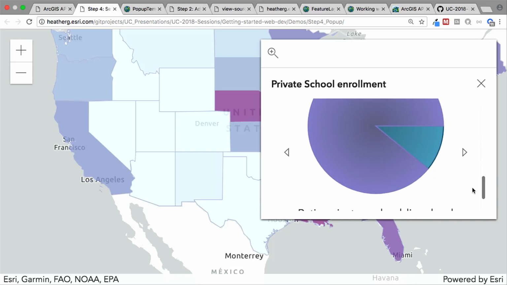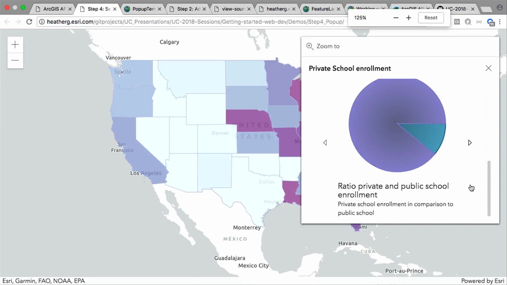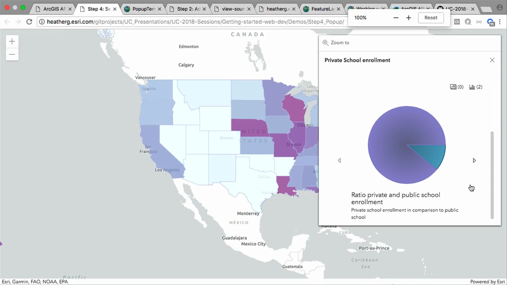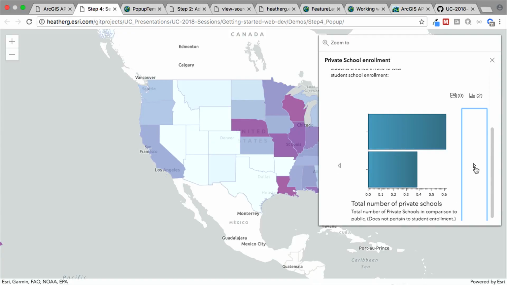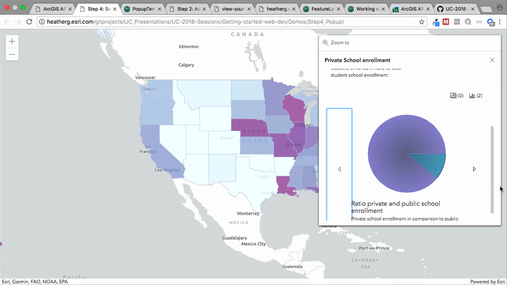And then down here, I have some media info, and this is too big. There we go. And down here, I have some media info. So I have a pie chart that I've set up to show the ratio of private and public school enrollment. And I also threw in a bar chart as well, just to show you the total number of private schools in comparison to public schools. Different colors, but if we take a look at the actual code,